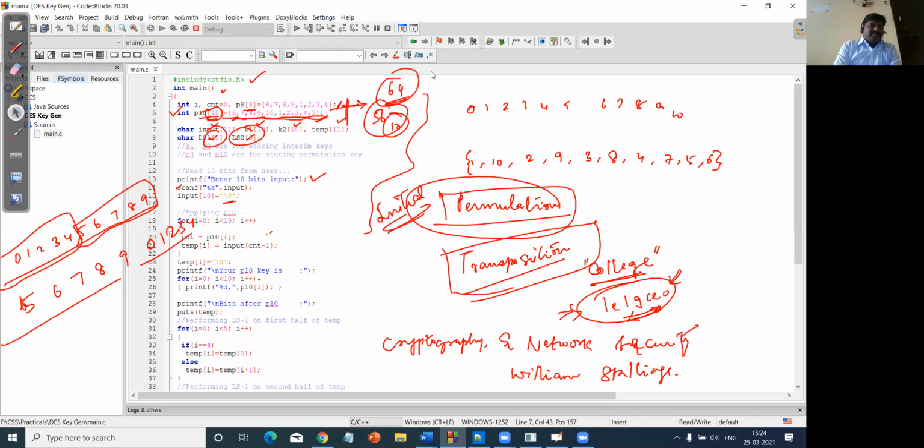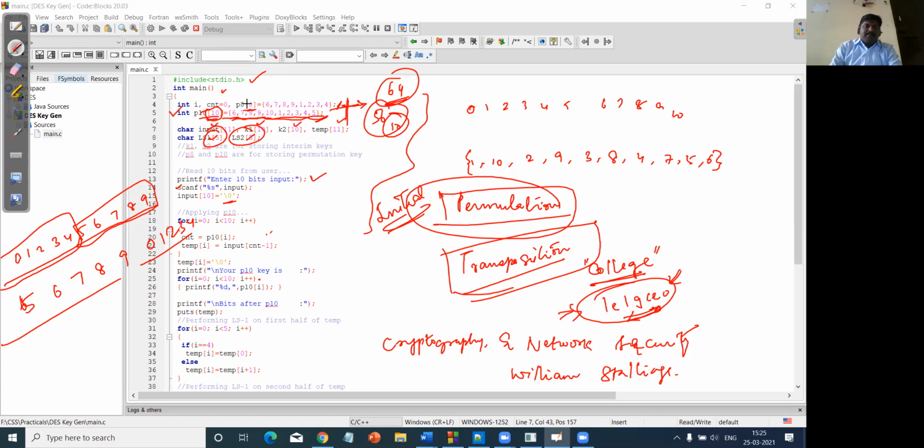So the first part here is the declaration of the main function. Prior to that, there is an import of the required libraries, followed by the declaration of the variables which are of array data type. In order to fix the positions, we are using two variables, p10 and p8. These are the variables which define how the output positions are to be defined.